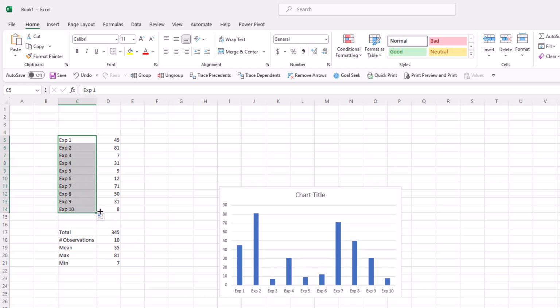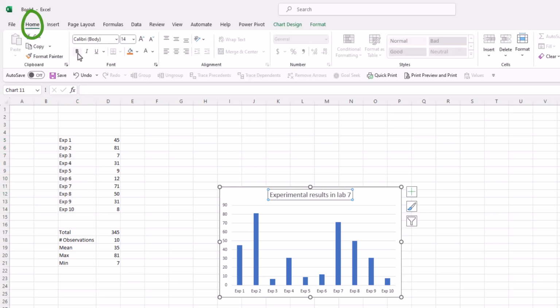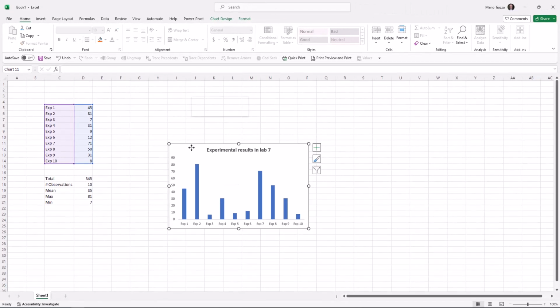Now let's change the title, and let's bold it. Back to the Home tab, bold. Let's remove the grid lines. We can click on any of the grid lines. You can see that they're all highlighted now, and we press delete. Let's also remove the outer border of this chart. To do so, right-click on the chart,